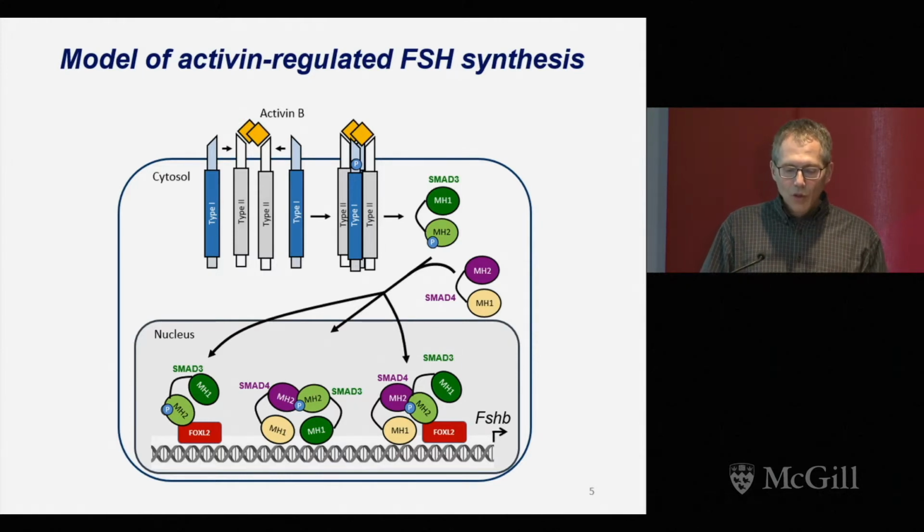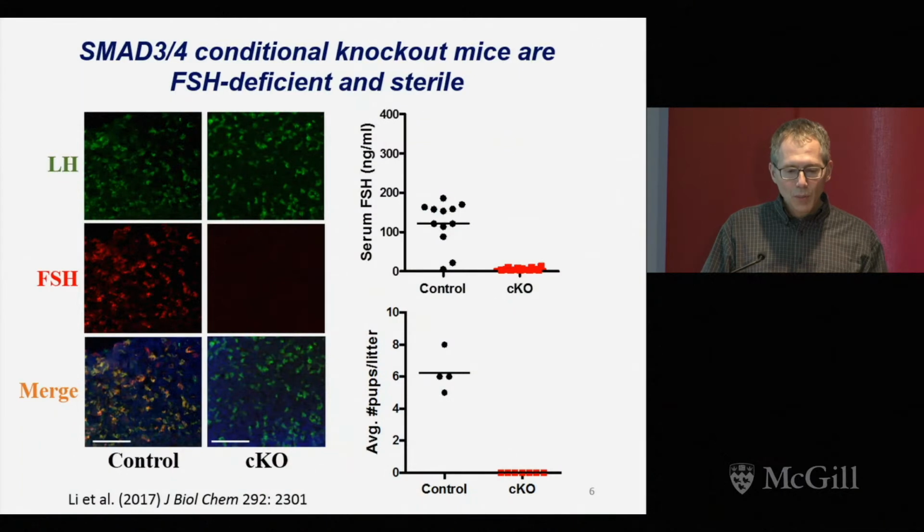And based on the in vitro model, we then use in vivo mouse genetics to test the predictions of this model. So for example, we may knock out different components of this system, which I have depicted on the next slide. So here we knocked out two of these components called SMAD3 and 4, and you can see in control animals we have nice expression of the FSH hormone in the pituitary, but when we knock out these genes, you can see that the FSH hormone selectively disappears, whereas the related hormone, luteinizing hormone, remains. And if we look in systemic circulation, FSH levels are undetectable, and as a result, these females are sterile.